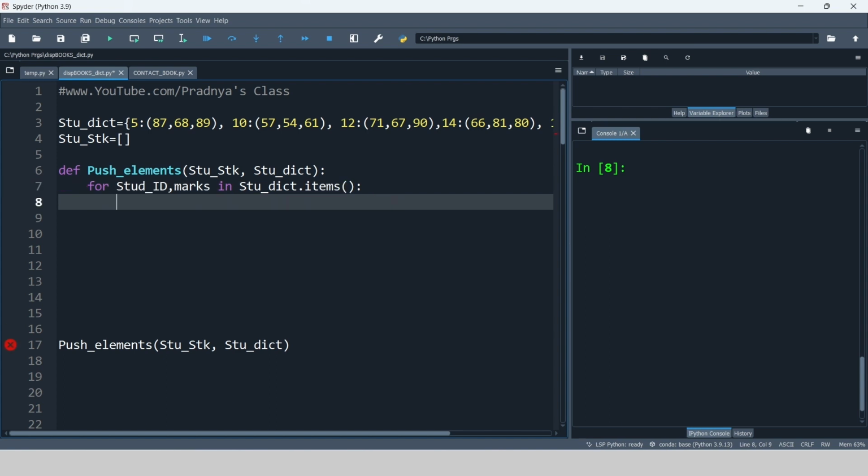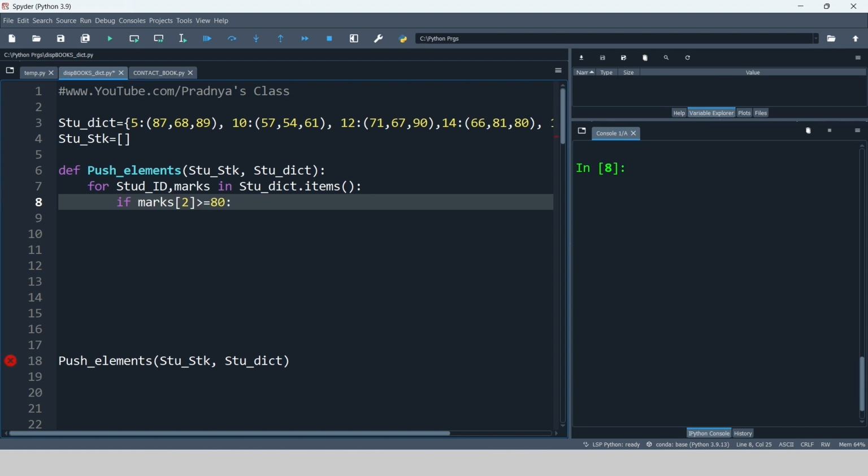Now the criteria is we have to check the marks in the test series 3. Get the key value pair of the dictionary. Key is student ID, the marks are the values and the marks of the test series are in the form of tuple. We need to check the marks of the test series 3 which will be at the index 2. This is the 0th index, then first and then 2. With the if we will be checking the criteria. We have all the values in the variable marks and at the second index we will be getting the test series 3 marks which should be greater than or equal to 80.